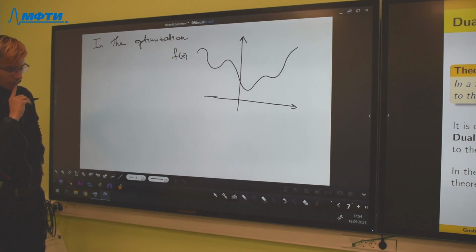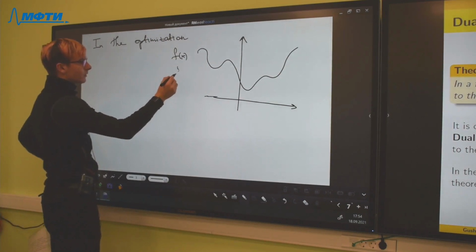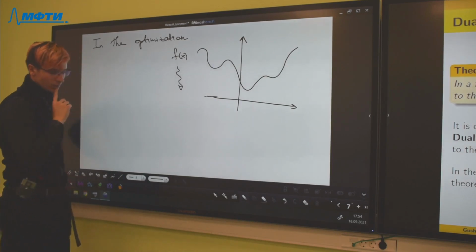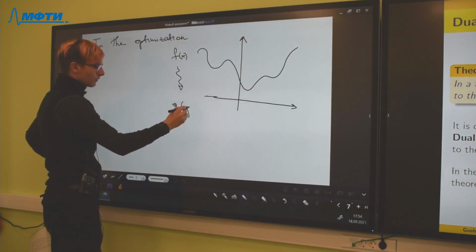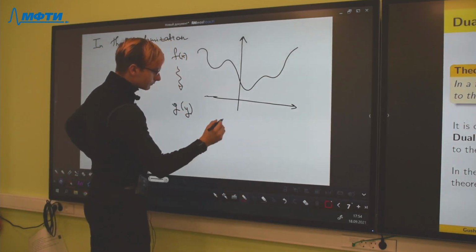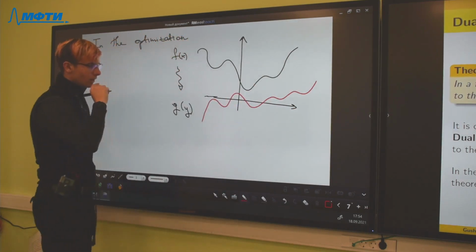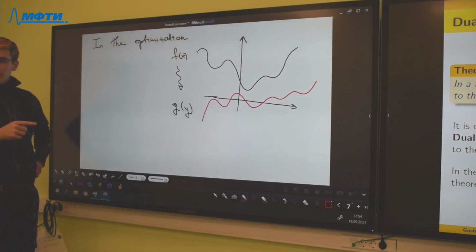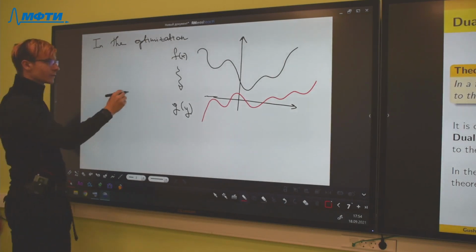And there is a method to get quick lower bounds of this function, named duality, and it is a very important